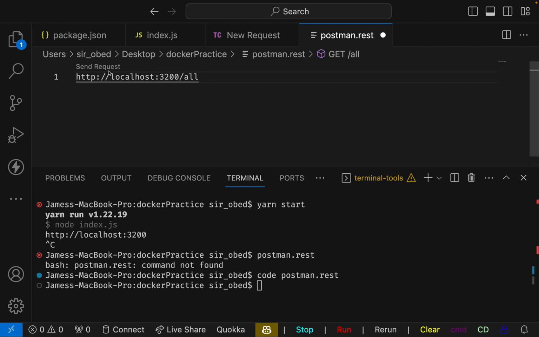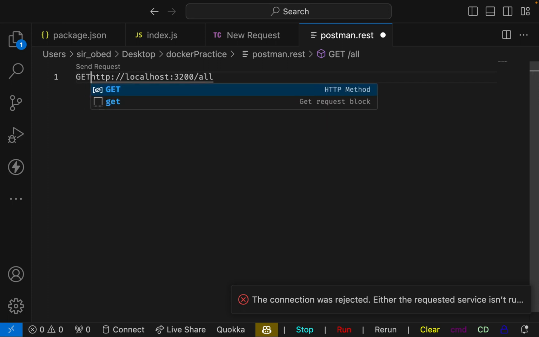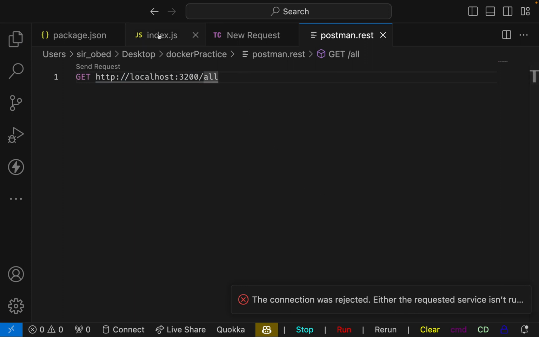All right, so once I hit on this, that will make the HTTP request to our API and get us the response. So once I try to send that, okay, let me put the method here. Just put the method at the front, and that will give you the response. So when I try to send that, it says the connection was rejected. While we're having that, let me see if the server is up and running,